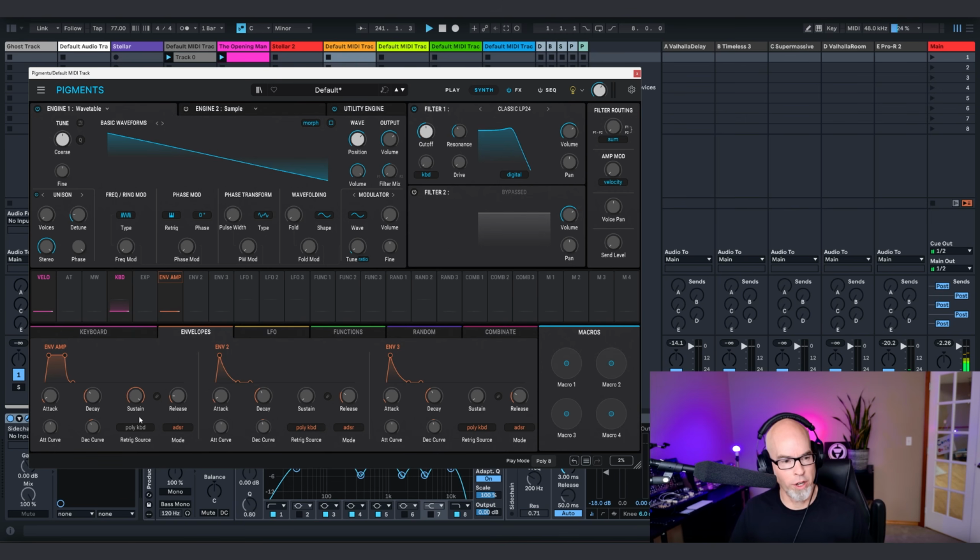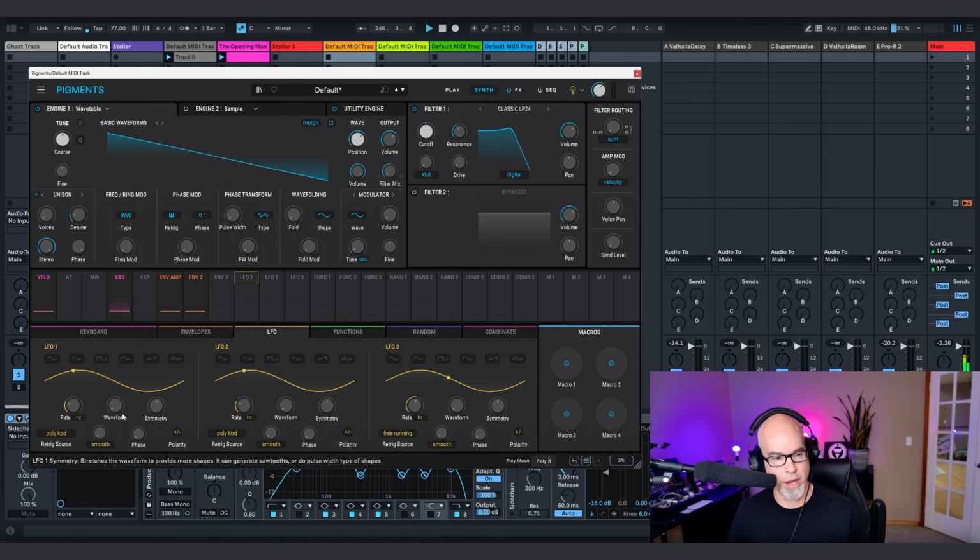Leave it on 24. We'll lower the sustain down, make this around 1 second of decay here. That's a release. We'll drag envelope 2 over to the cutoff for our filter here. That's looking good. And let's just use a simple LFO in free running mode, straight only,